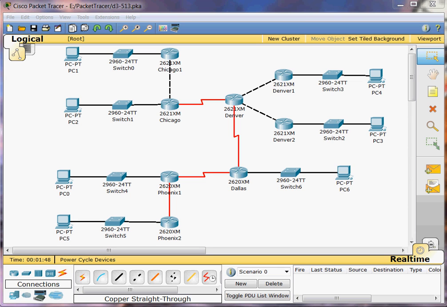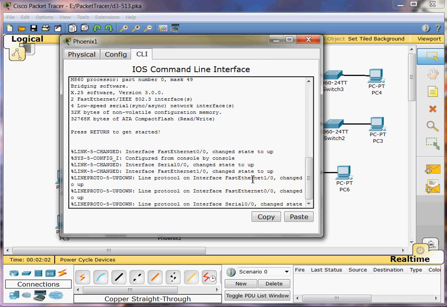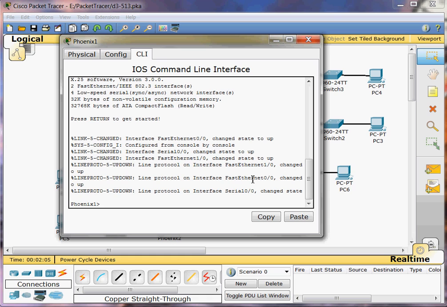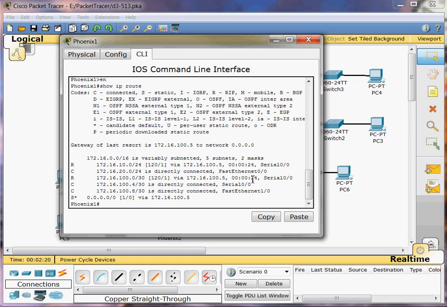Okay, so the first activity is to identify directly connected routes. We're going to go to the Phoenix router, enter privileged exec mode, and just do a show IP route. So first, let me get into privileged exec mode, and I'm just going to type in show IP route. And we need to identify the directly connected routes, and those are going to be